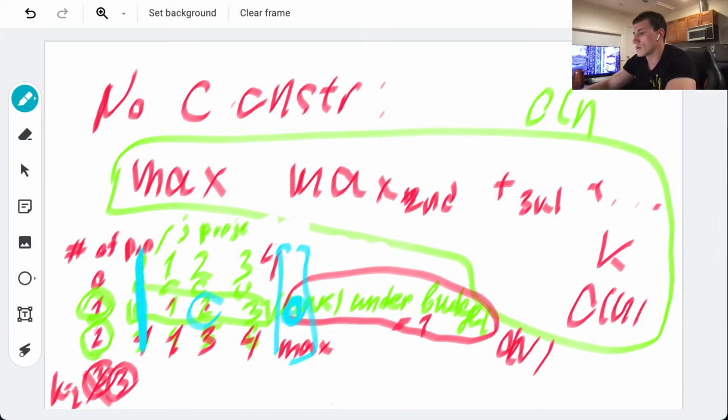Int car p equals to this guy, and then this is the car p, and then we log another thing here, saying max total profit and current total profit.